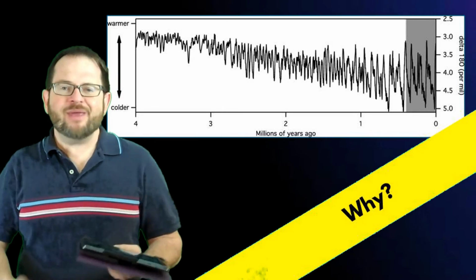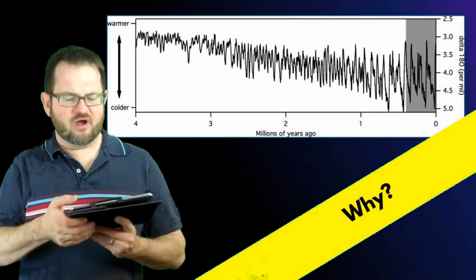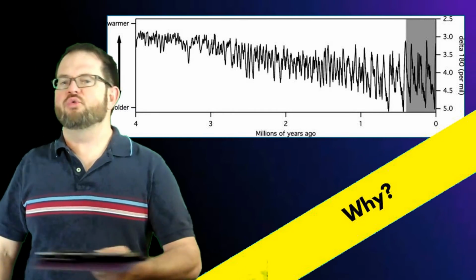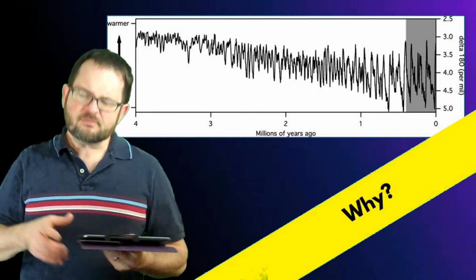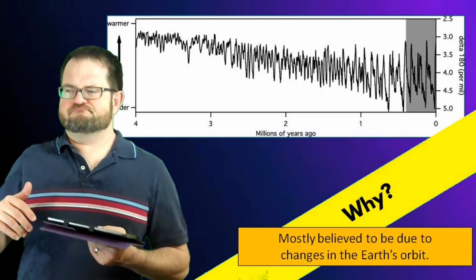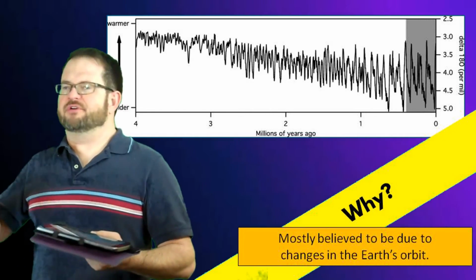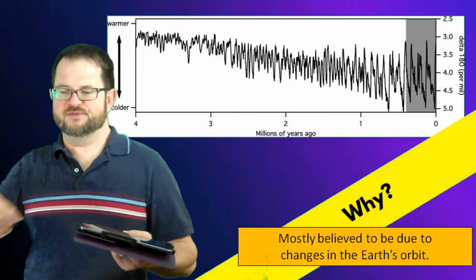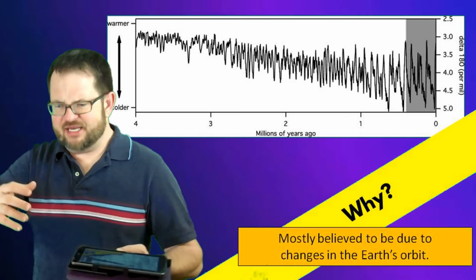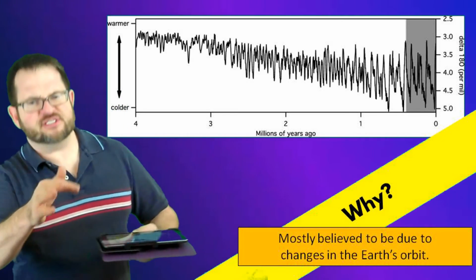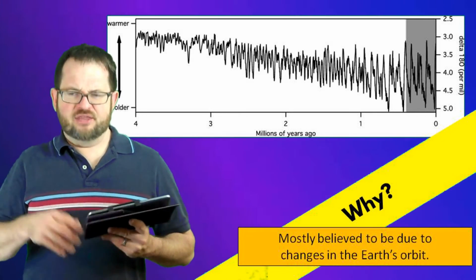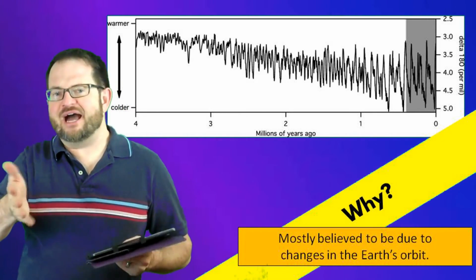Why does all this happen? Why do we have all these ice ages that have been going on for certainly millions of years, and actually we have every reason to think all the way throughout the geologic history of the Earth? The primary reason has to do with changes in the Earth's orbit. Everybody here has been in a class where we learned about how the Earth rotates and revolves and goes around its orbit. But the exact parameters of the shape of the orbit, how far the Earth is from the Sun, and the tilt of the Earth's axis actually change quite a lot over geologic time. There are some patterns to it, but it's also somewhat chaotic.